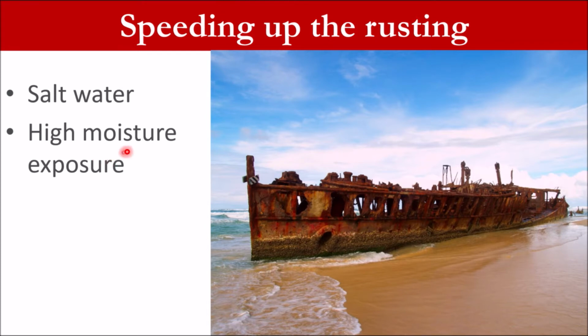One reason is because there's a high moisture content, but also because there's a lot of salt water. Now, what's actually happening here, having a high salt water content actually increases the iron exposure,